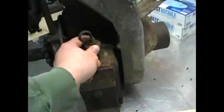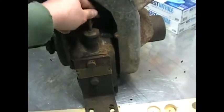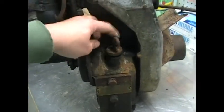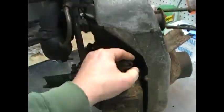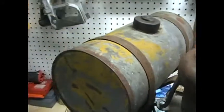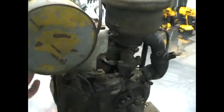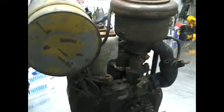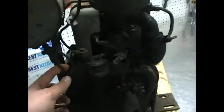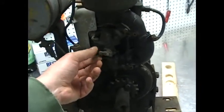I like this. This is like cast iron. Typically you have pressed in, kind of little stamped parts. This is like beefy. It does have fuel in it too, which is good and bad in a couple ways. One way being good is that if something's in here, it's probably not rusting. The downside to it is, where did it go? Not going to be a big deal to clean it up here. So